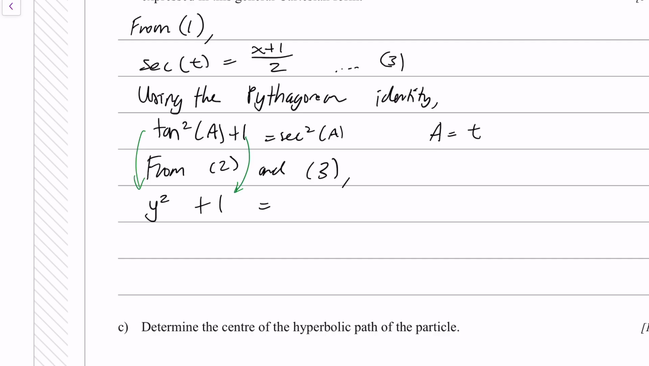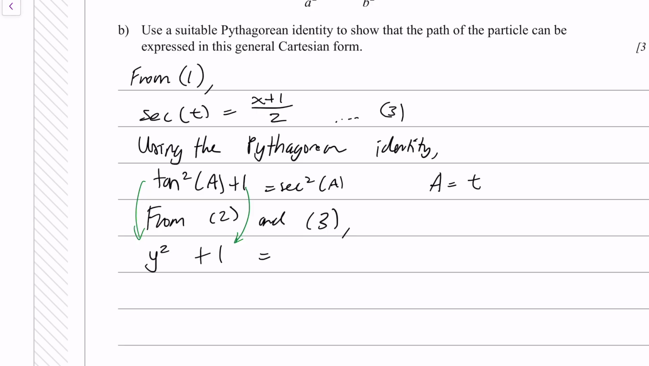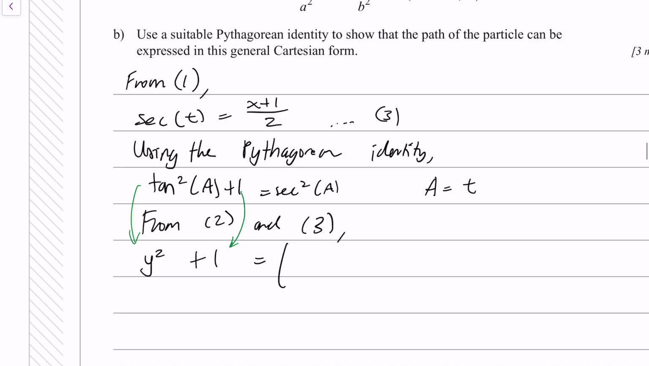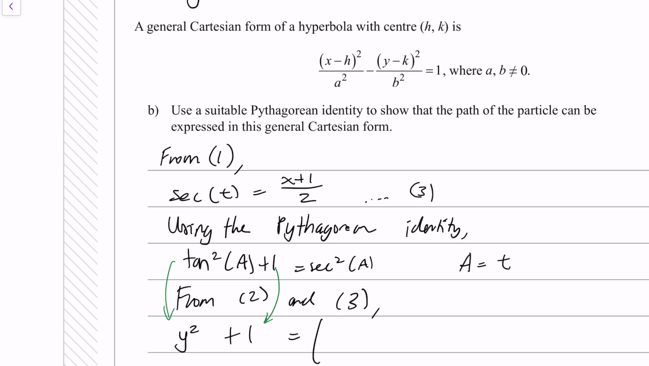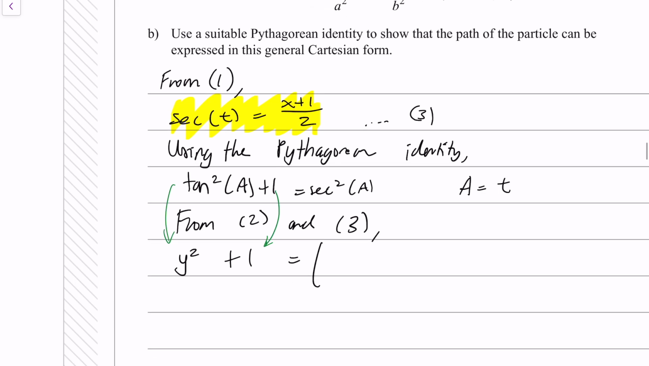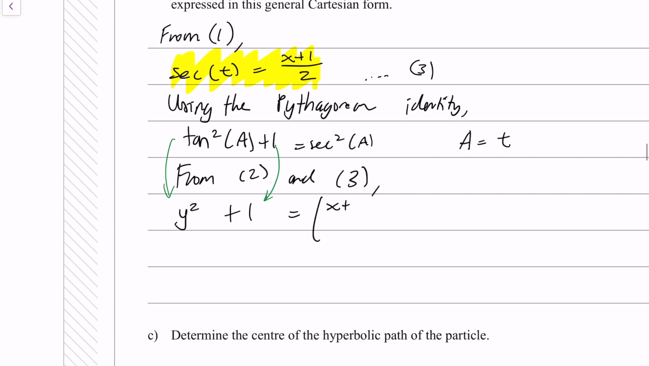And then equals, I know that sec squared a is going to be just the square of the sec t. Well, in this case, it would be t. So the angle is t. So if I know that sec t up here is just x plus 1 all over 2, then sec squared t is going to be the square of that right hand side. Okay,